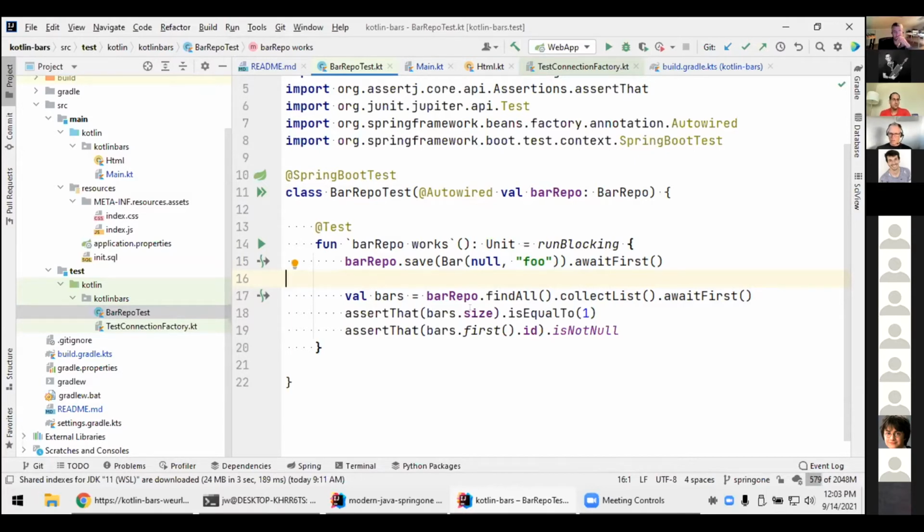Okay, so we have the next line here where we're going to go get the bars from the database. So I use that repo and call find all, and if we look at find all, it returns a flux. So that's a stream oriented thing, but I'm going to just turn that stream into a list. When I call collect list, that's going to convert it to a mono of list of bar, and then I call await first to get to my Kotlin coroutine. So again, non-blocking, but it's not going to go on to this next line until that has come back from